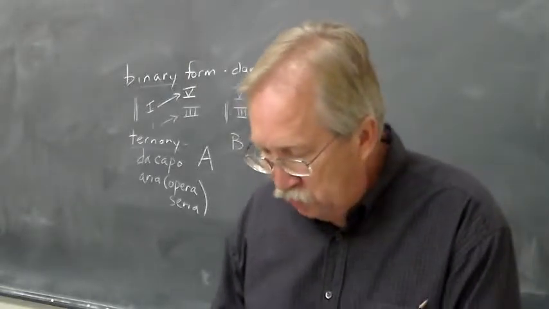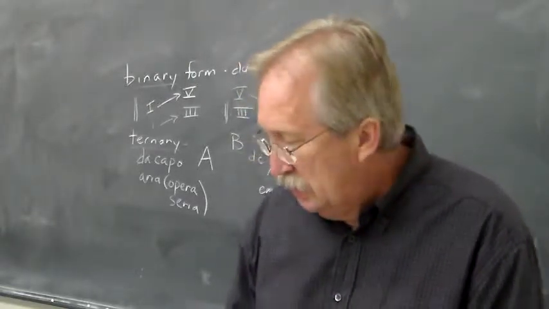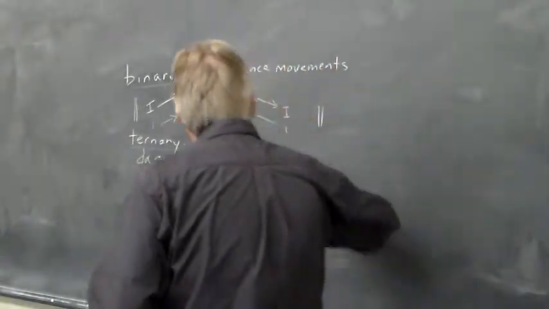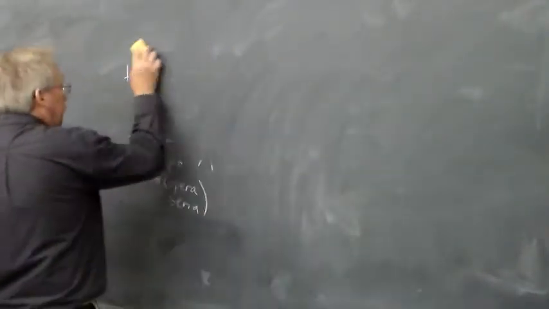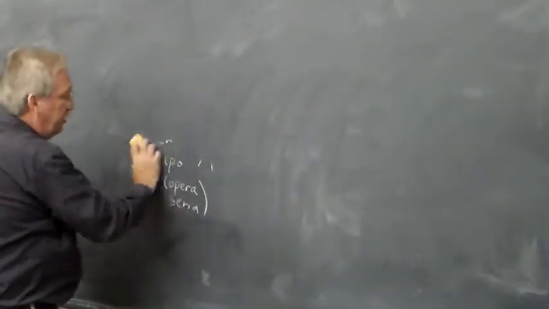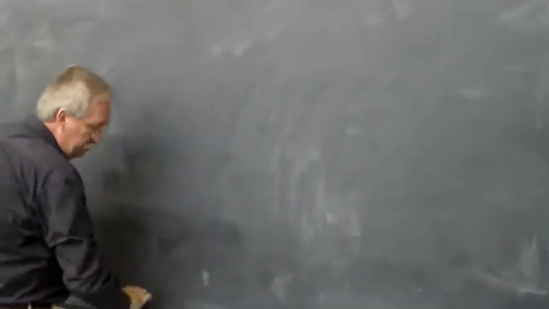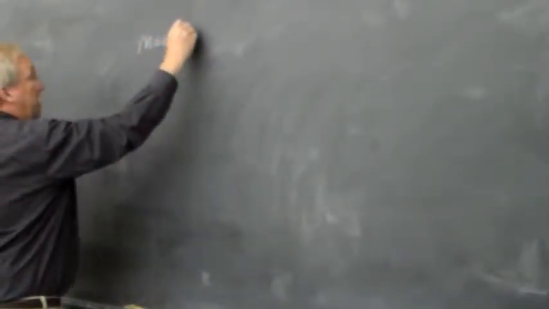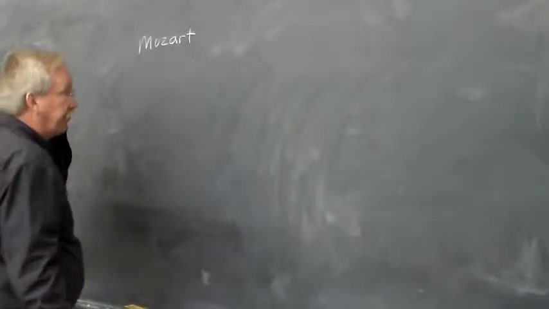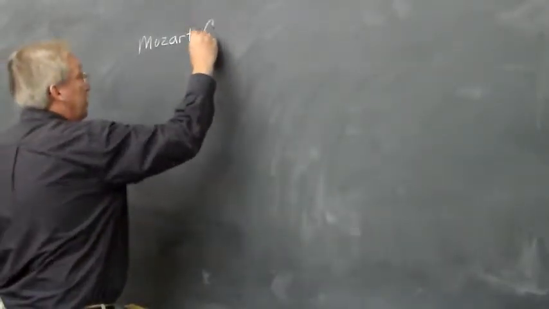So the next work that we're going to look at is from the classical period, and is the first movement of the Mozart Piano Concerto in D minor, Köchel 466. And so,